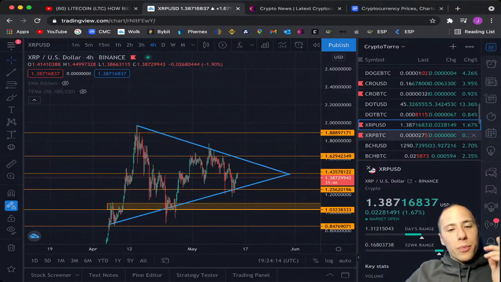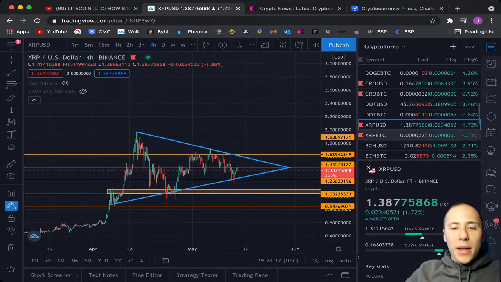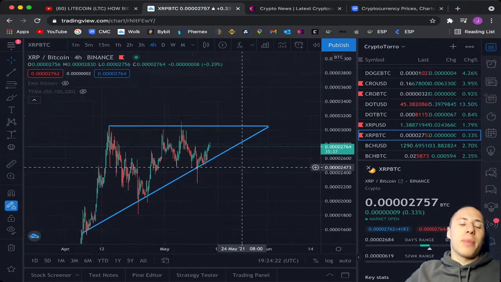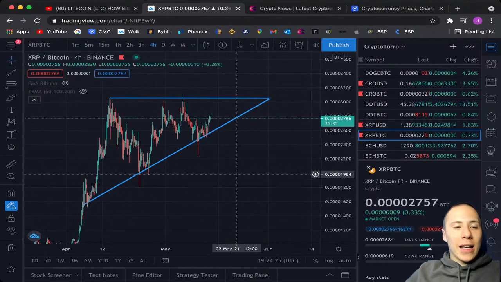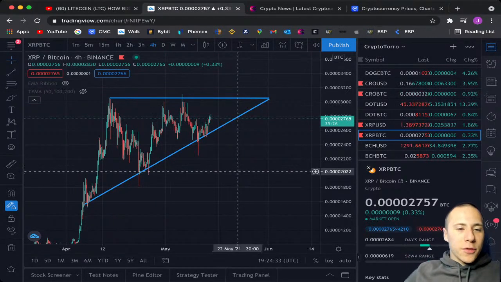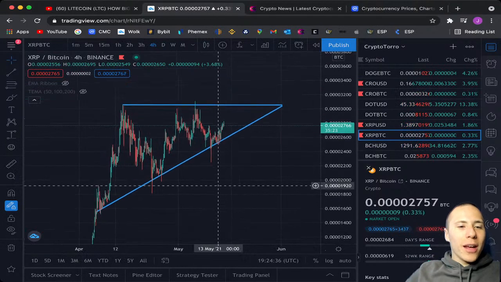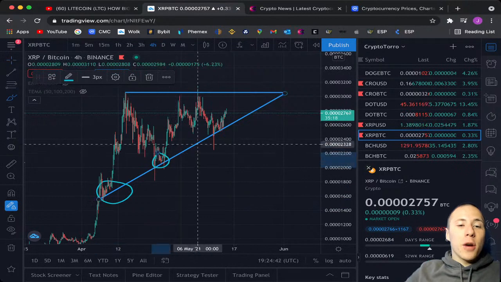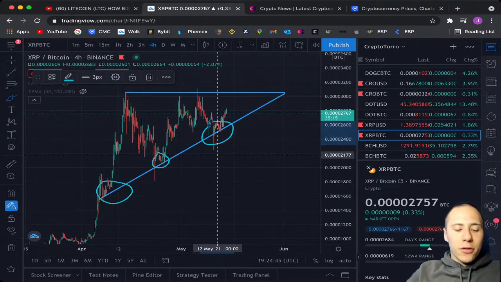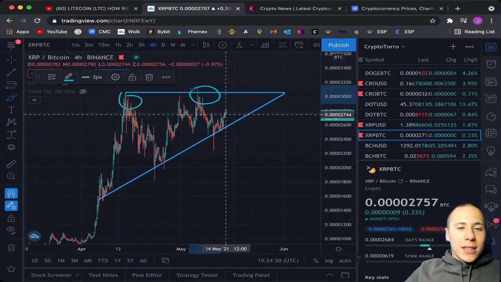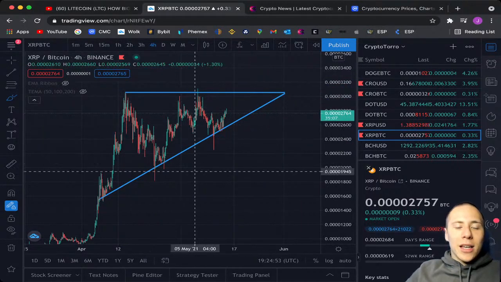And right now we'll be switching towards the XRP compared to Bitcoin chart, where we are seeing an even more significant pattern playing itself out. And what we are seeing, of course, Harmony. Yes, I will be talking about Harmony for a second, but I will be ending this technical analysis first on XRP. And what we're seeing here as well is a very significant pattern, because we have once again 3 touch points on this upward sloping support line on this ascending triangle of XRP, and also once again 2 touch points on this horizontal resistance line of this ascending triangle.